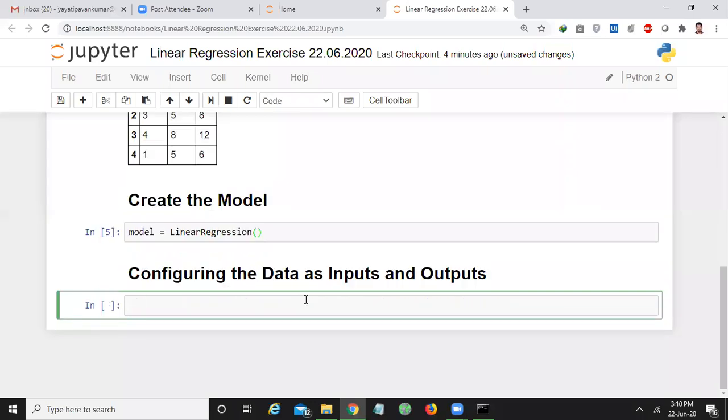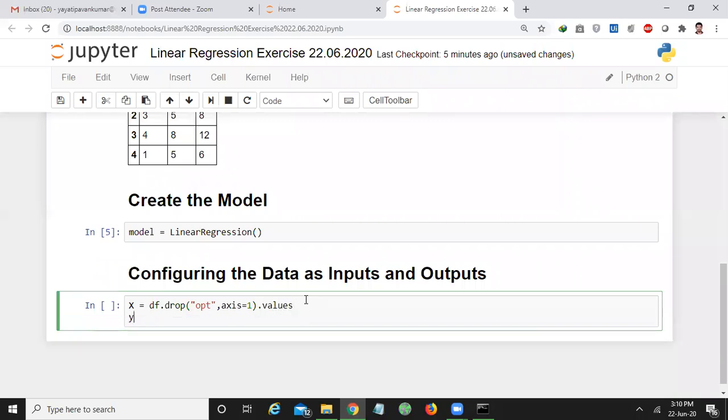I will store the inputs in capital X and the outputs in small y, like df.drop(OPT, axis=1).values. So here I have successfully configured my data inputs, and I want to configure my data output values.